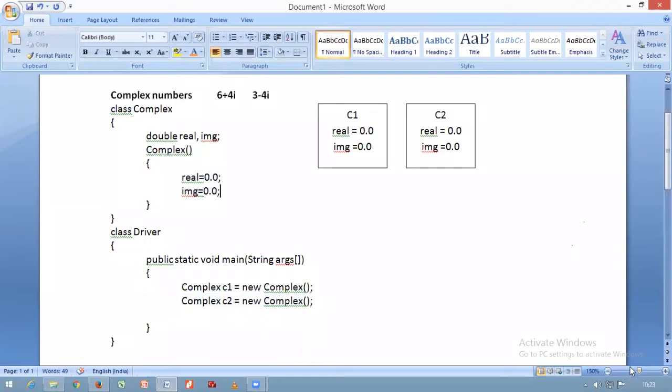So these are the default values, the initial values. If you want, you can change those values later. Here, while creating an object, I am not passing any parameters, so my default values will be 0.0 and 0.0. While creating an object, if you want, you can pass values like 10.0 and 12.0.